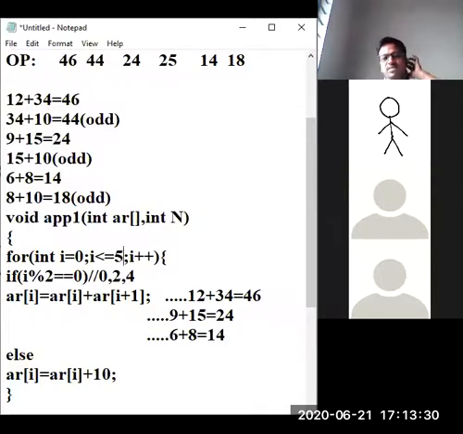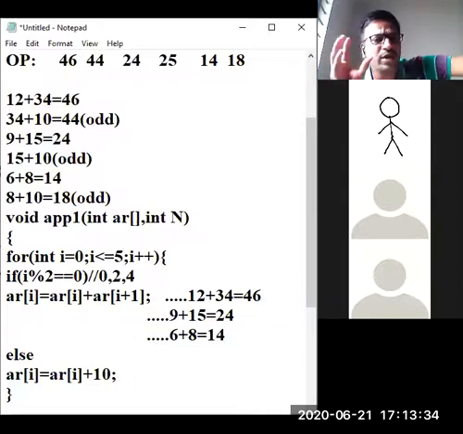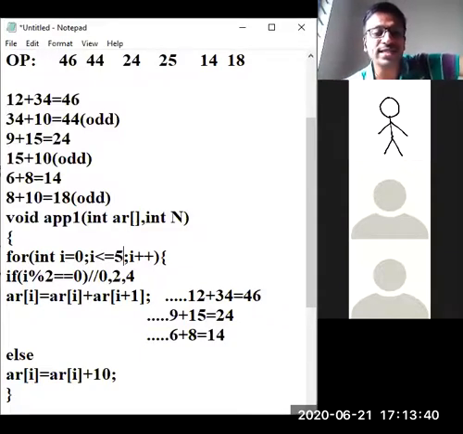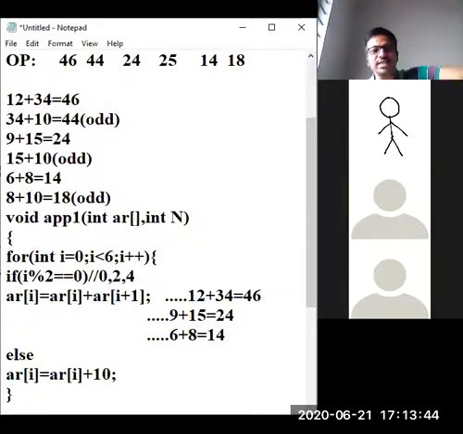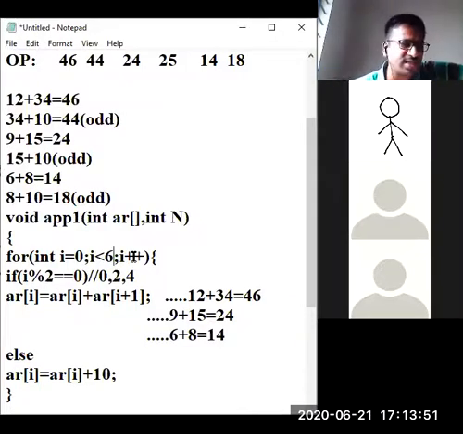This is also correct, because you have to end at the 5th position. Please try to understand. Less than or equal to 5 or less than 6, that is far better. Why should I put equal to again? Less than 6. Pretty simple. And every time you have to keep on incrementing. You have to advance. Right.